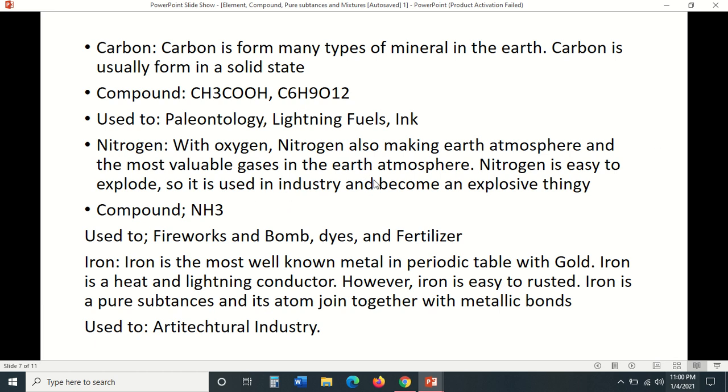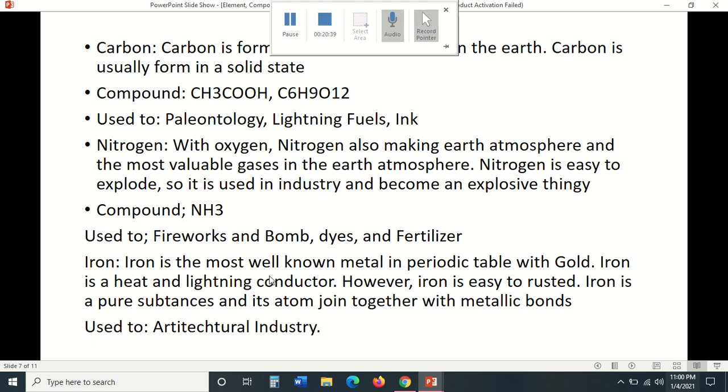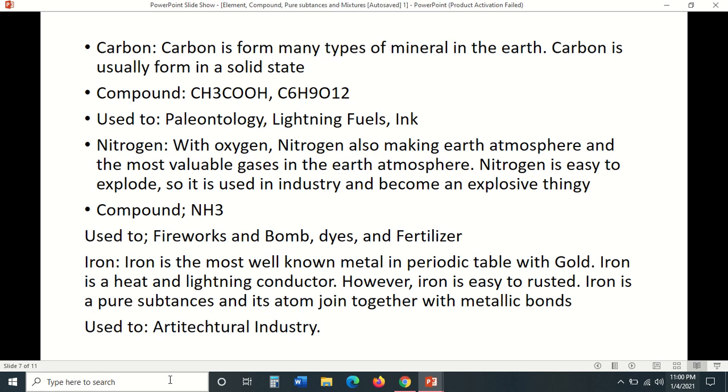Nitrogen is easy to explode, like what happened in Belarus when ammonium nitrate exploded. So it is used in industry and becomes an explosive thing. And then nitrogen makes NH3 or ammonia, and many others. And then nitrogen is also used to make fireworks that are actually pretty safe, and bombs like